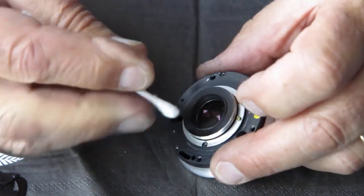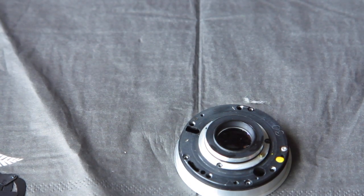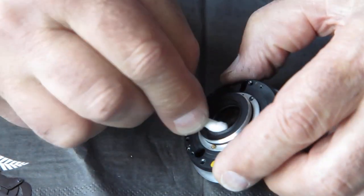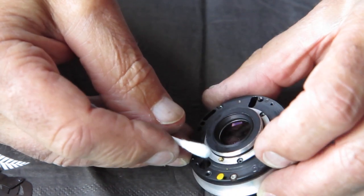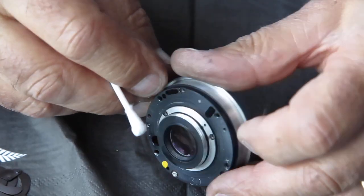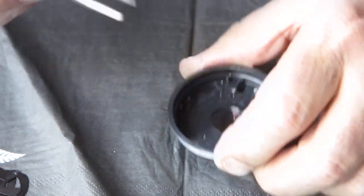There's a bit of spotting here on the coating. Now, it doesn't look pretty, but it probably has minimal effect on the quality of the images. Those spots are not going to come out, they are just localised deterioration of the coating. And that would just be from atmospheric contamination, I would imagine. I mean, some glass just deteriorates over time anyway. None of that's particularly bothersome